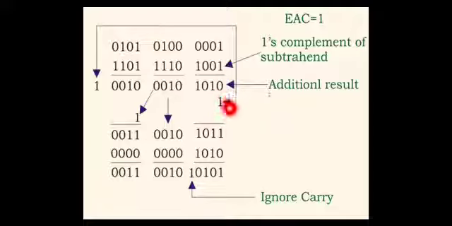Next, after the addition result, we add the carry 1 to this result. Here 0 plus 1 gives 1 and the other values are the same. 0 plus carry 1 is 1, 1 is 1, 0 is 0, and 1 is 1, and like that the next 0 and 0 stay the same. So 1 goes to 1, 0 goes to 0, and 0 goes to 0.